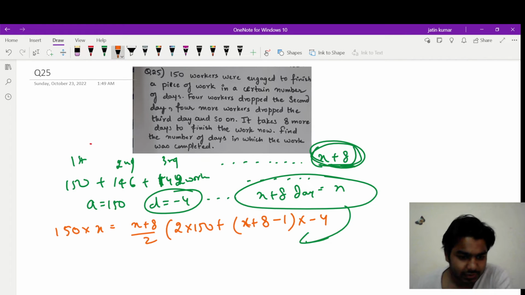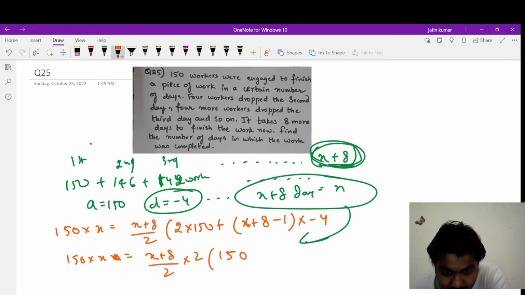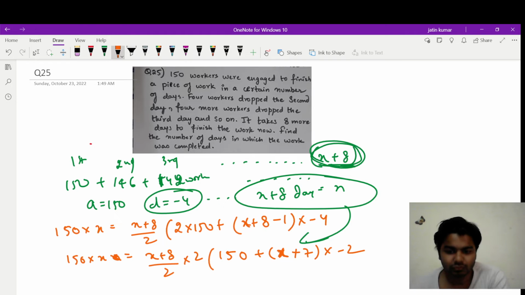If we solve this equation, 150 into x is equal to... 2 can come common, yes from here. One second, x plus 8 upon 2, 2 common if we take 150 plus x, x plus 7 into minus 2, right. So 2 and 2 will get cancelled, so 150x is equal to x plus 8